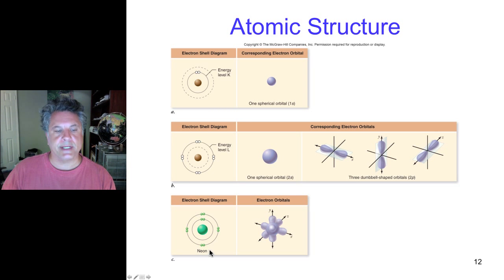And so if we were to look, for example, at the element neon, an atom of neon, here we have the nucleus. We have 2 electrons in the 1s orbital at the first energy level, and there are 8 electrons found at the second energy level, 2 in a 2s orbital, and 2 each for each of the 3 p orbitals that exist at that second energy level. And we can draw that as indicated here.